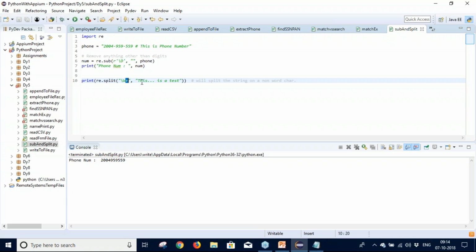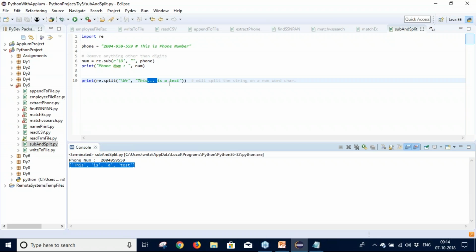We want it to be split on that. What is a non-word in here? Is there a non-word in this particular string? The three dots. So it will split on the three dots,